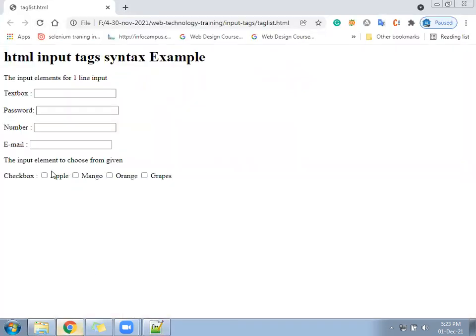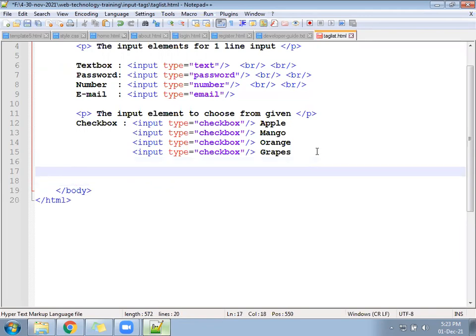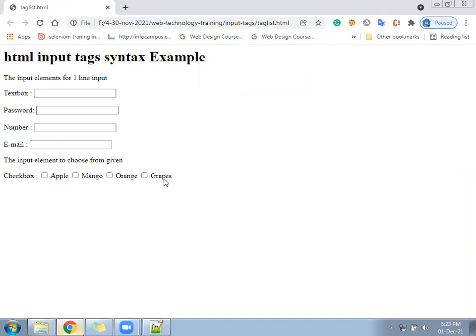Are the checkboxes in the same line or multiple lines? Same. This is called an inline element. Okay, come down after that. Let's go ahead. Next we have the radio button. So in this checkbox, are you able to enter a value? We cannot enter a value. We can select the option from the given. Maybe you can select one, or two, or three, or select all, up to your wish.